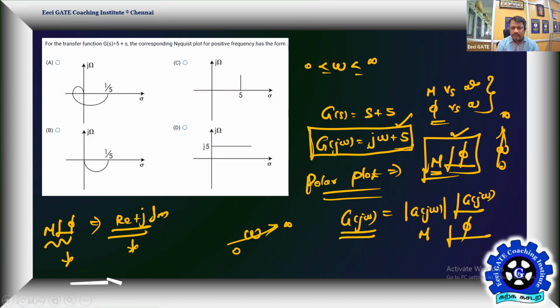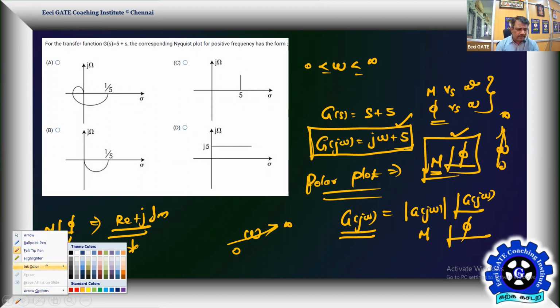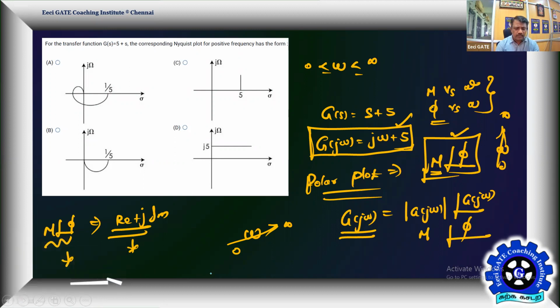Now let us try with the rectangular coordinates itself, even though it is mentioned as a polar plot. So what I have is G of j omega. Now let us play with this. Set omega equal to 0. This is my omega and this is G of j omega. G of j omega is 5 plus j omega, because in rectangular form we always take real and then imaginary. So omega equal to 0, where the plot begins, it is going to have 5 plus j0.